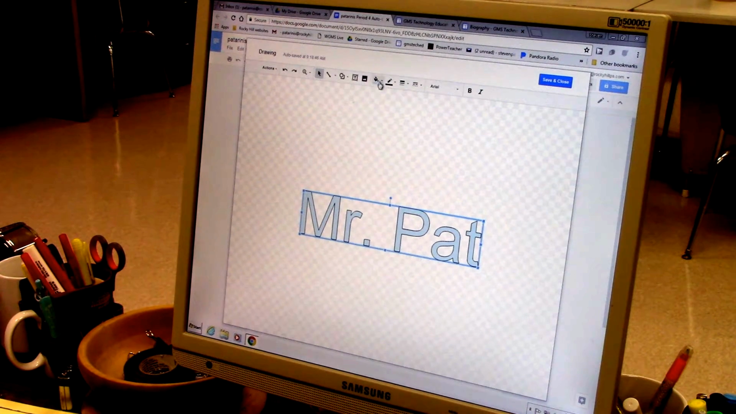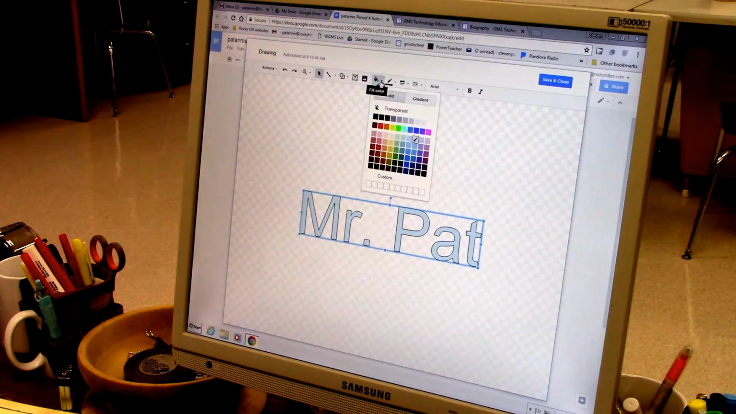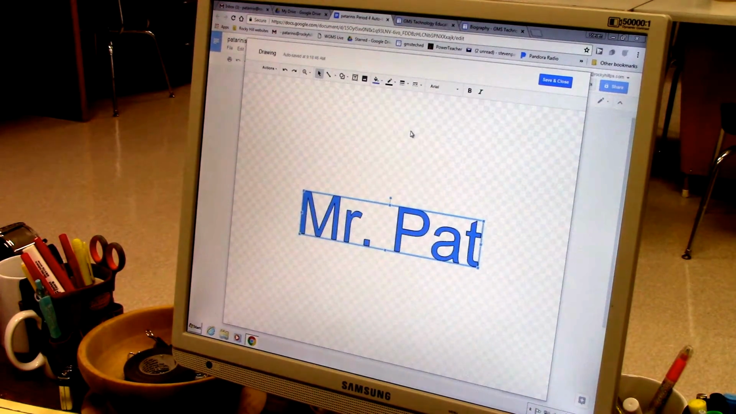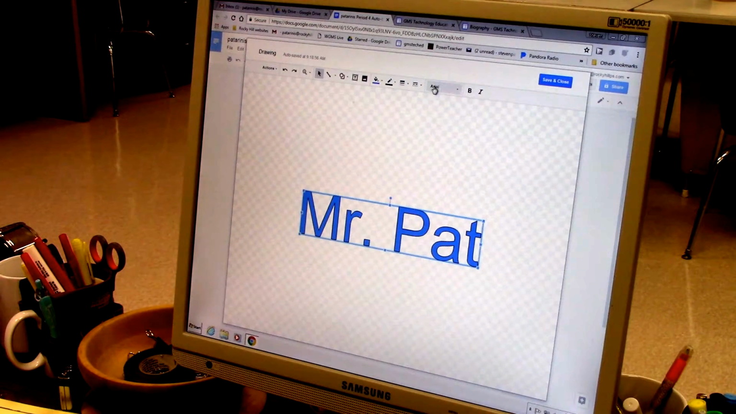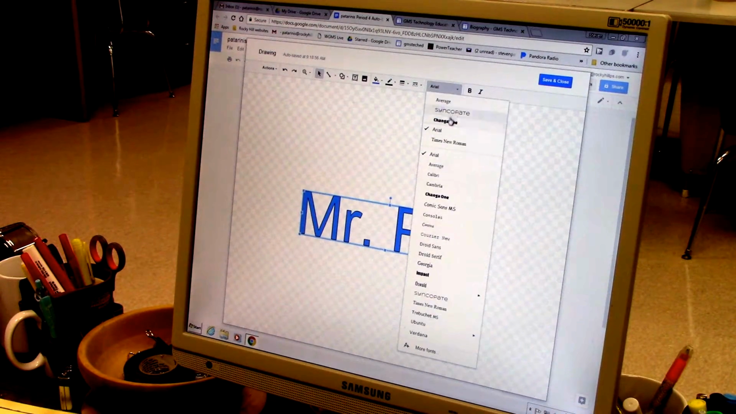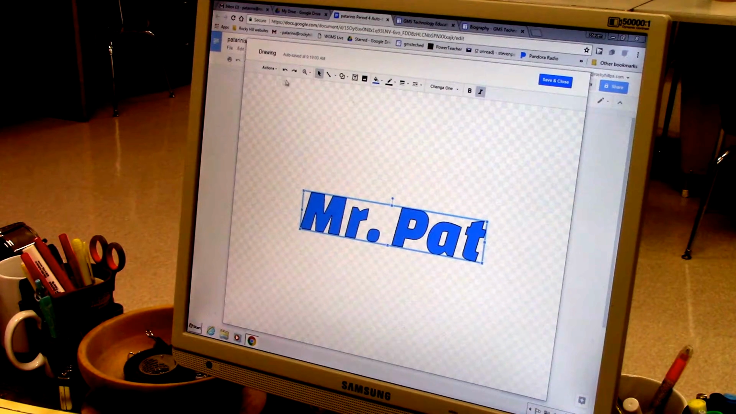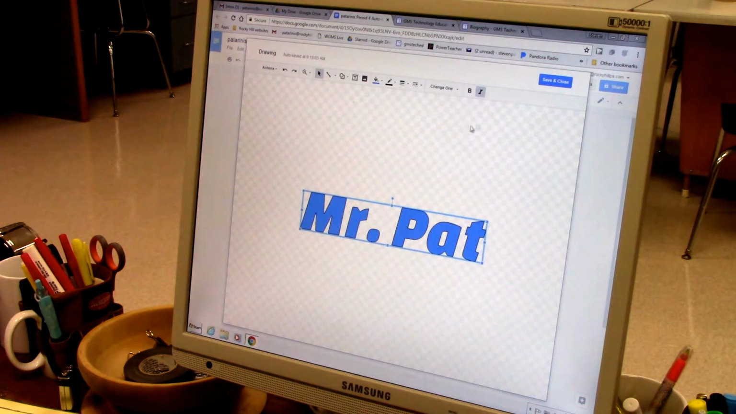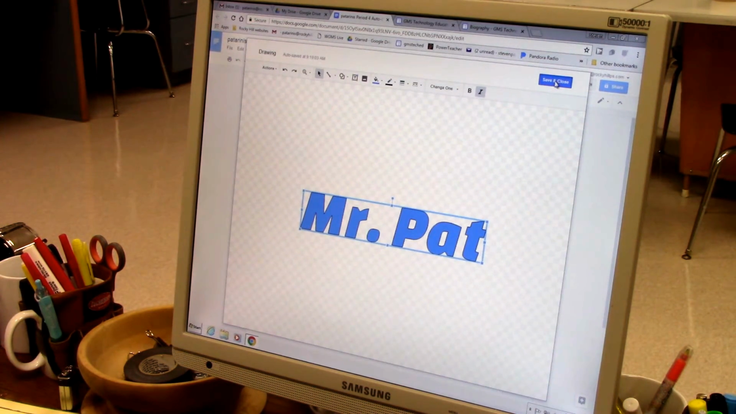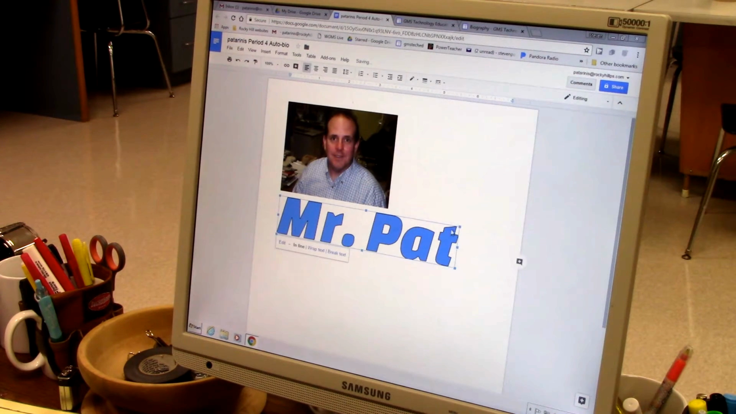Why don't I try changing some things on here? I could change the fill color, make it a little bit darker. I can change the font. I can make it italics. I can do a few things here, not too many. We're not going to add any shapes or lines or pictures or anything there, but that's pretty cool. I'm going to go save and close, and bang, there it is, right in my